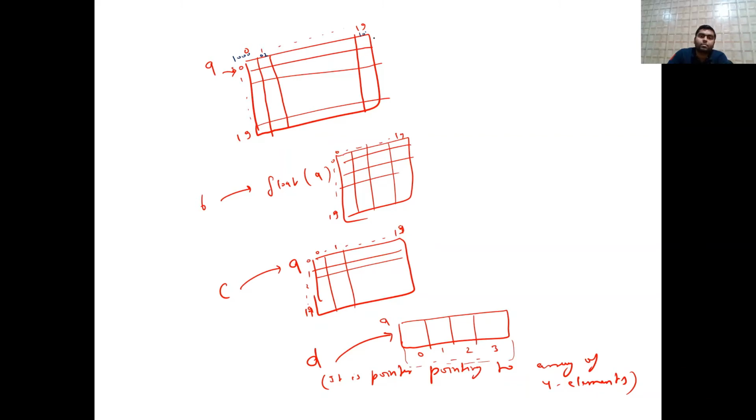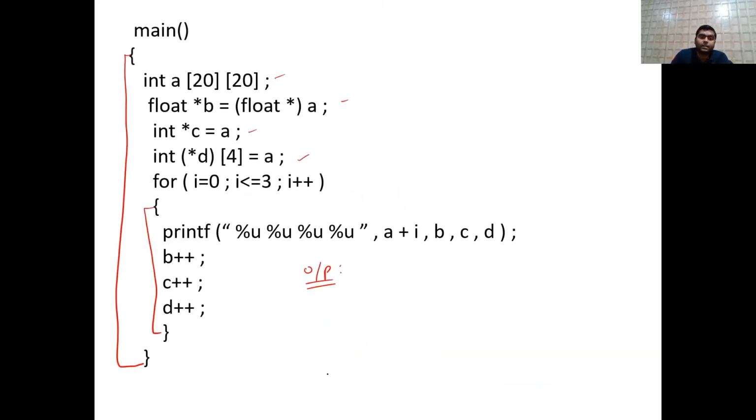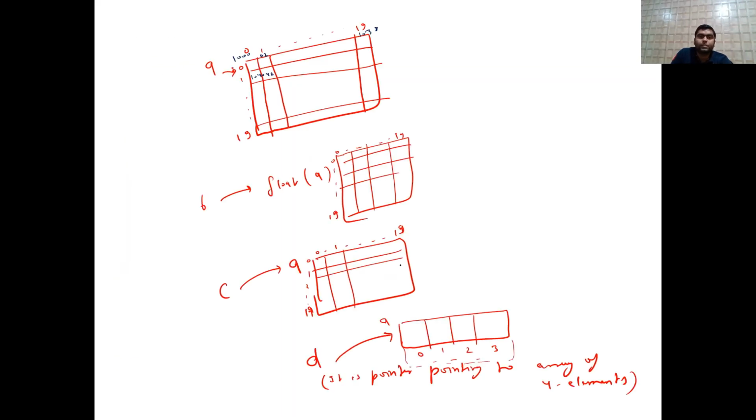What? 1938 and 1040, 1042 likewise. Okay, so what is the starting address? 1000. So 1000. Now what is B? B is pointing to what? Float of that. So B is pointing to this. So again this is 1000 only. But observe carefully, next time it will be 1004. It is not 1002 because it is converted to float.